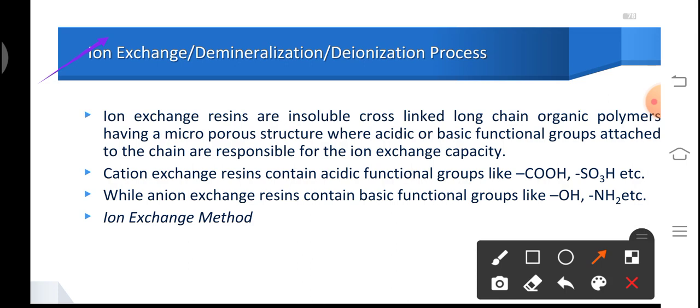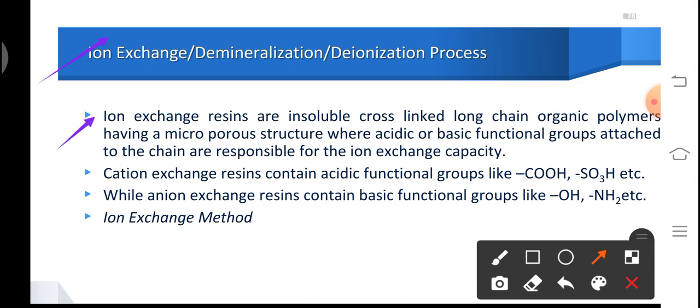Ion exchange is a process by which ions held on a porous, essentially insoluble solid are exchanged for ions in solution that is brought in contact with it. So ion exchangers are the columns which are provided with the cation exchanger polymer and anion exchanger polymer. Both these polymers have the ability to exchange their cations and anions with the ions present inside the water. So let us read about this process in detail.